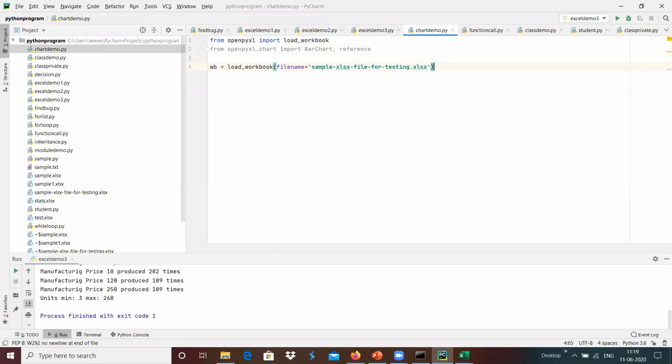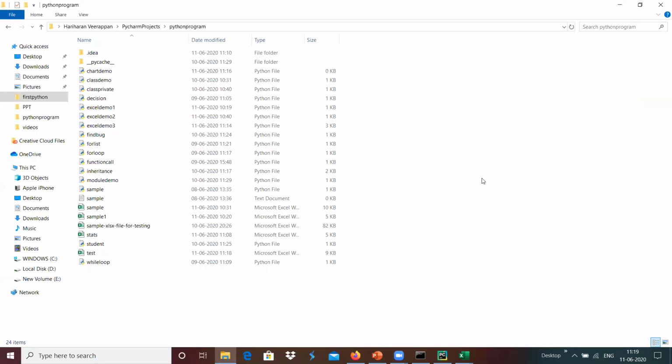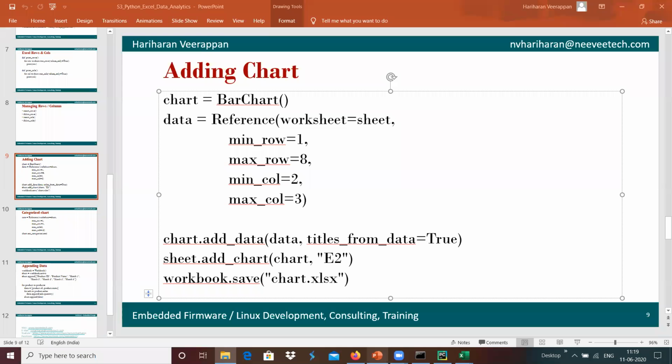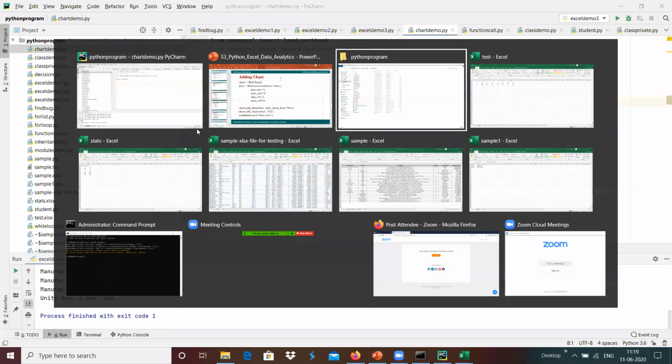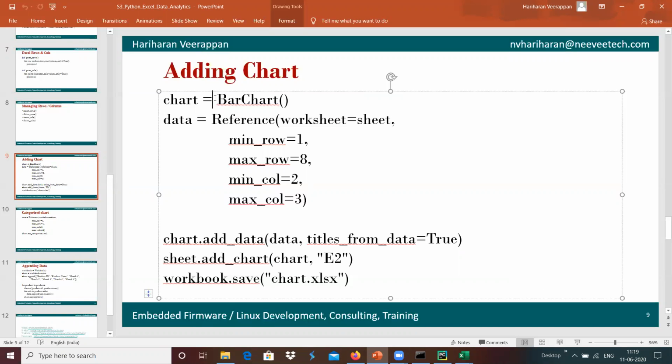And once it is done, I'm going to use this wb sheet equals wb dot active over here, and we can use something like a file to update that. I'm going to have it in the BarChart over here, and maybe I'm going to copy this completely.